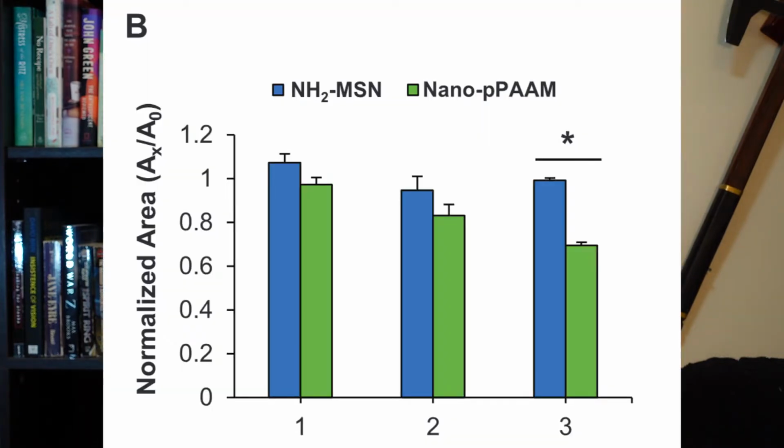This time they're back to having that control group be the particles with just those naked amine groups on it. After day 1 of PPAM murder time, there was a little bit of a difference between the control and the PPAM. In fact, it looks like the control group's tumors actually grew a little bit. See, it's over 1. Day 2 getting a little better, and day 3 getting really up in there while the control just kind of sits there. They ended up having about a 38% suppression of tumor growth.